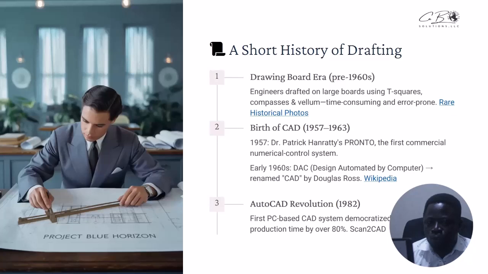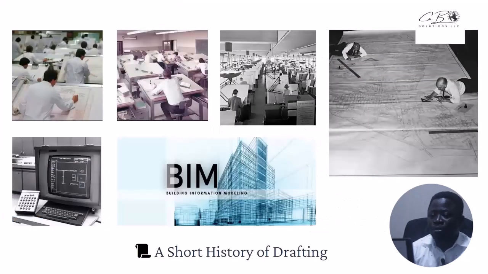And then the AutoCAD revolution came. Around 1982, Autodesk released the first version of AutoCAD, called AutoCAD 1.0. Okay, and then they started developing. That was just when the first PC, personal computer, was developed. And with the advent of AutoCAD, it slashed the production time by over 80%. Okay, and from there, AutoCAD was born. This gives you a fair idea